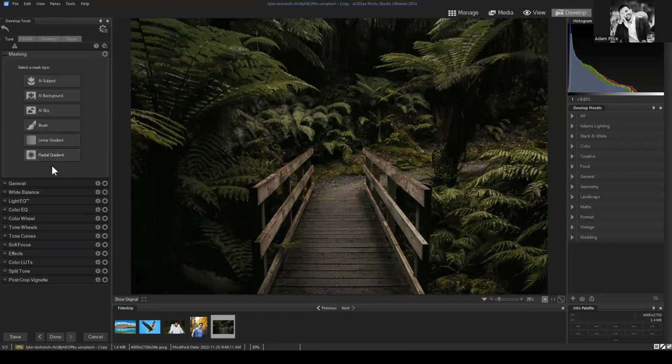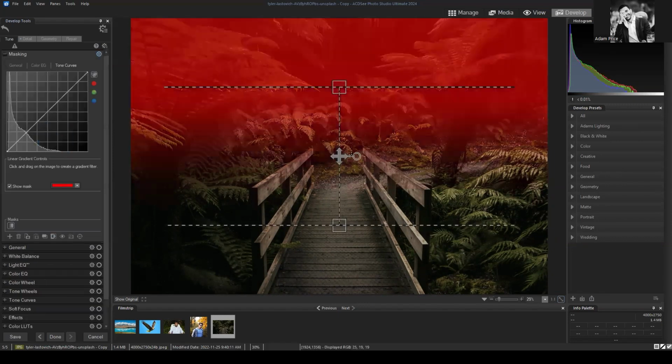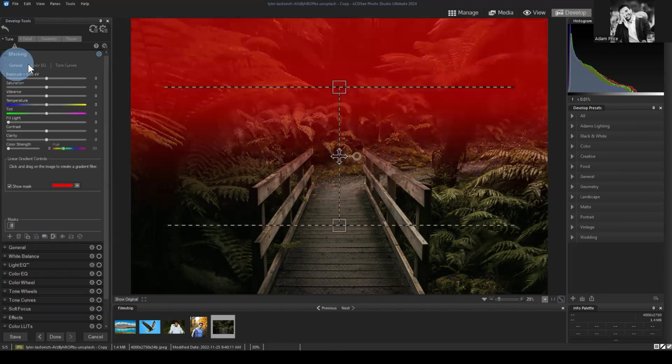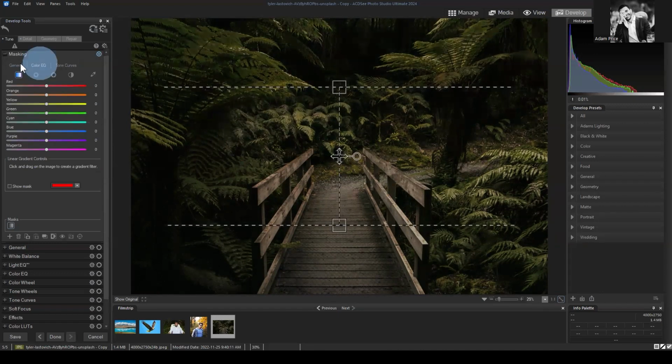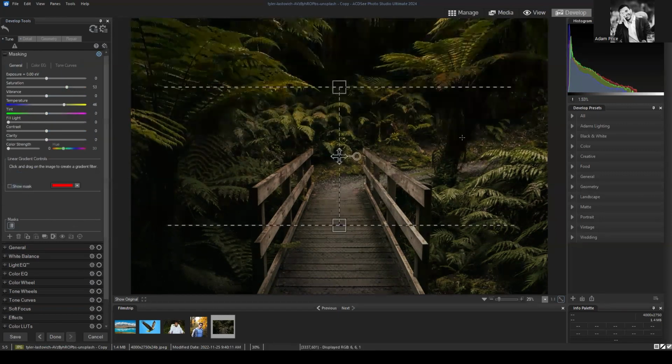understand. The one other thing I would mention about our linear gradient tool that I didn't cover is that you can make a linear gradient to your image. Let's say we're increasing the saturation and the temperature. If I like the effect that has been applied up here, but I would like to add it maybe in this left-hand corner or the right-hand corner while leaving the bridge effect the same,